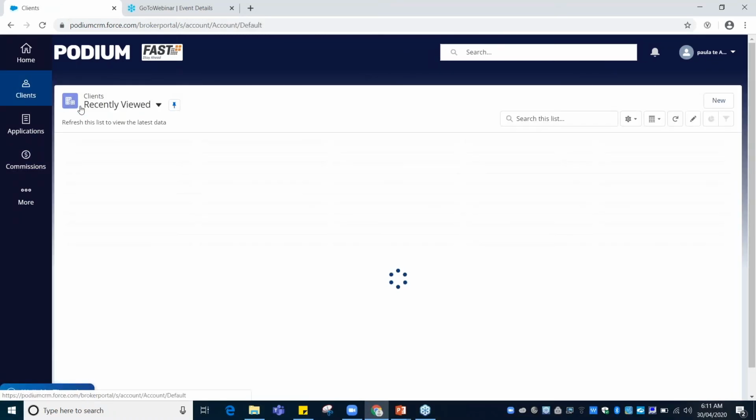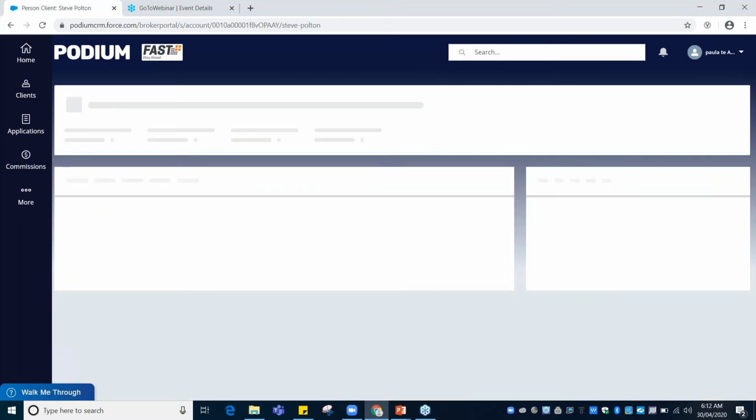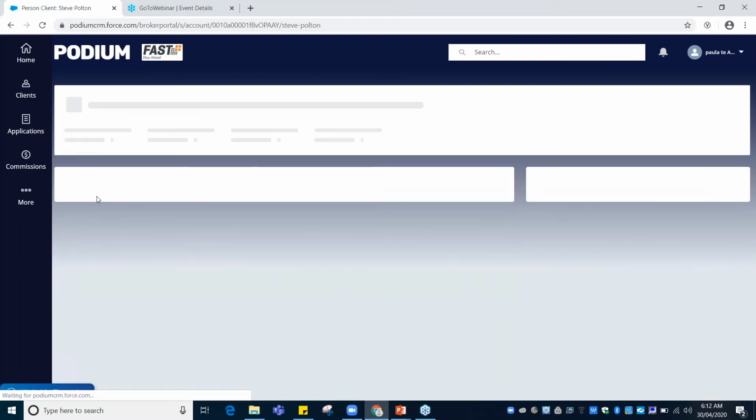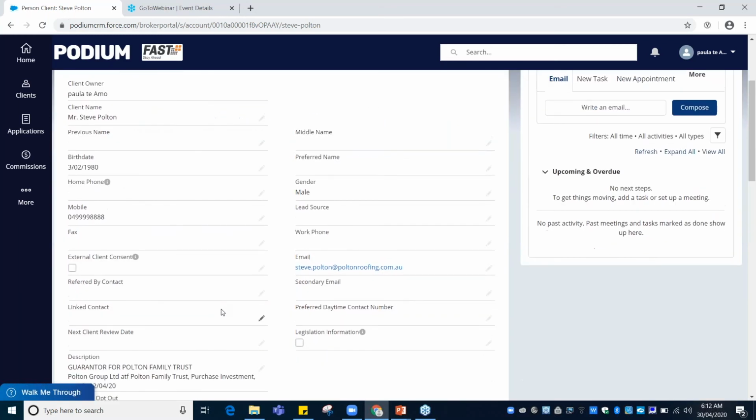Now, I have already created Steve's client record here. So I'm just going to open up Steve's client record here. This is something I did earlier. Now, in the creation of Steve as a client, I've included his birth date, his mobile phone number, email address,